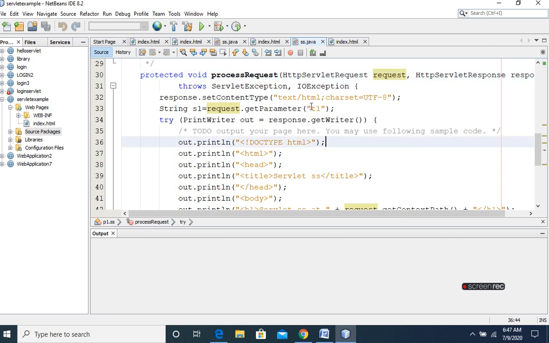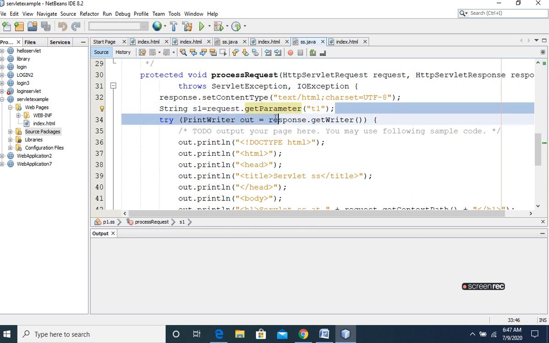For reading the parameter t1, which we have used for taking the username, we use the request.getParameter method. It is one of the methods of the HttpServletRequest interface. So request.getParameter("t1"), and we are initializing its value to the string variable s1.